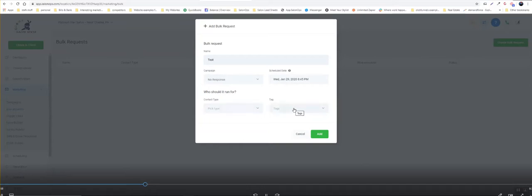Contact type and tag. If you've tagged your clients, your existing clients or pop-up leads or whatever, you can run to them. Contact type, it's going to very simply say this, all, right? Customers or leads. Most cases you're going to use all, and then you're going to go in and find a tag that you want. So in this case, the only tag we have going on right now is pop-up. Some of you have asked me to upload your client lists, which I've done, and they're probably tagged as existing clients. So you would just click this,